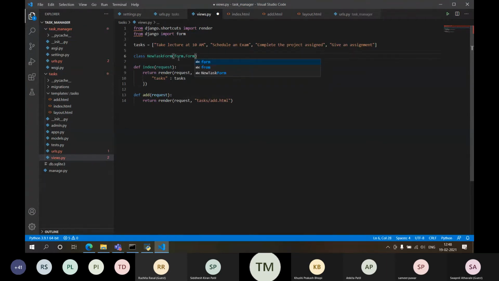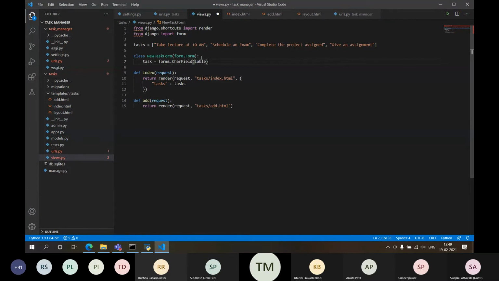Now I'm extending this Form class over here, and what I want is a task equals to forms.CharField, a character field, and I want a name to it.